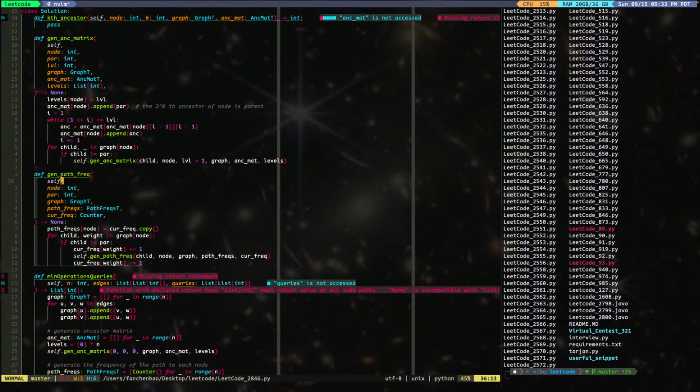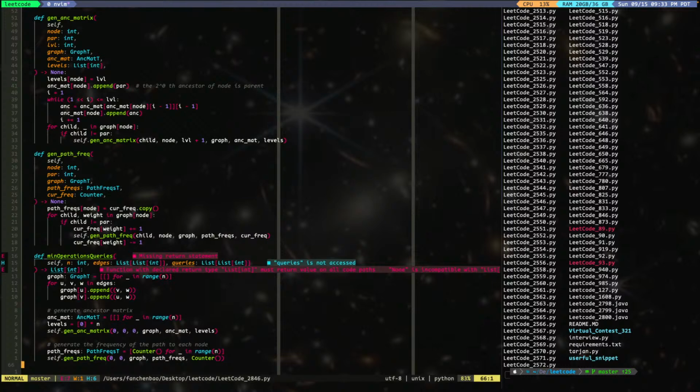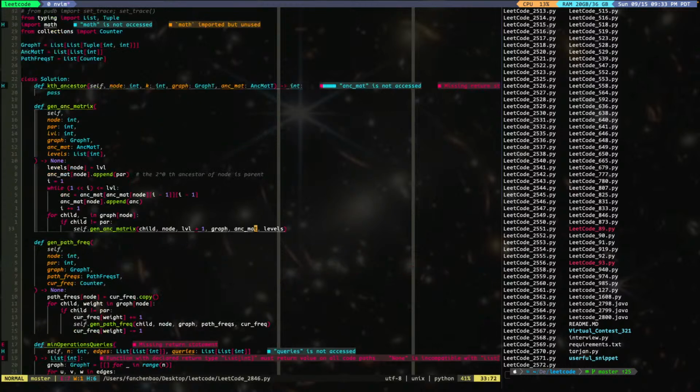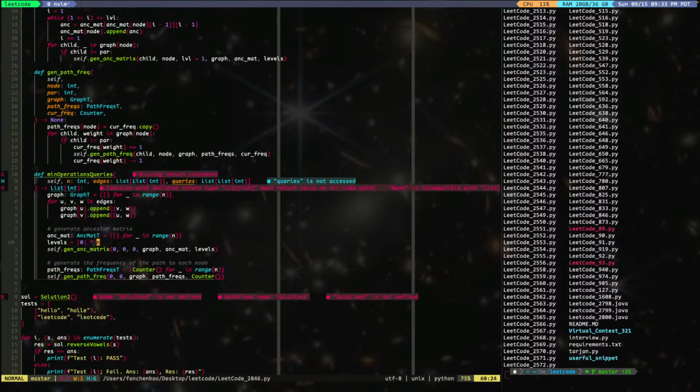Generate path frequency. I have a path frequency which has a path frequency t, which is a counter. So I'm doing counter. Path frequency is a list of counters. Okay, and I generate path frequency. Current frequency dot copy. For each node, I have the current frequency. Okay, and then for child, weight, if child is not equal to parent, and I will do,